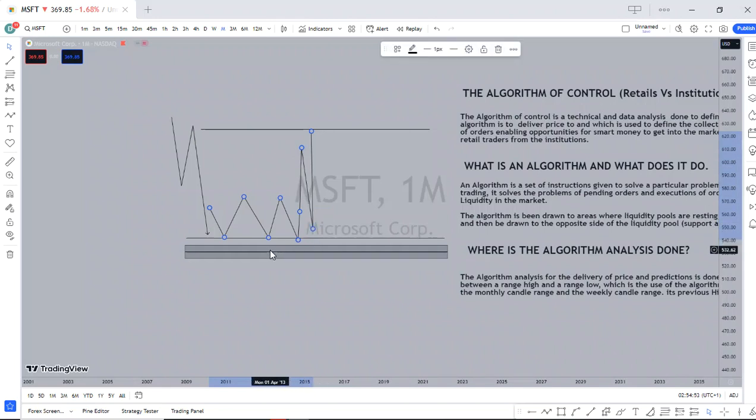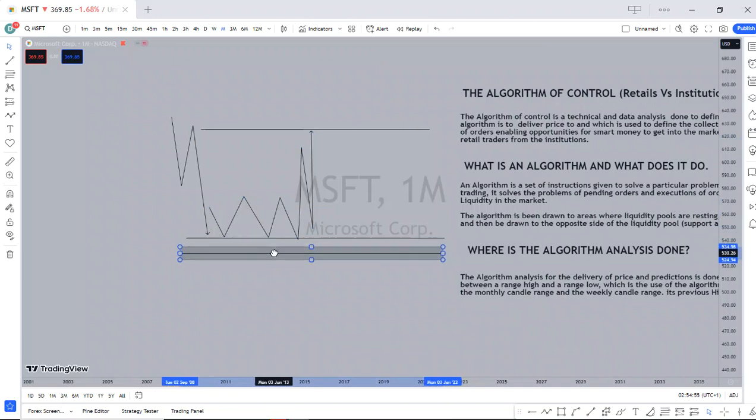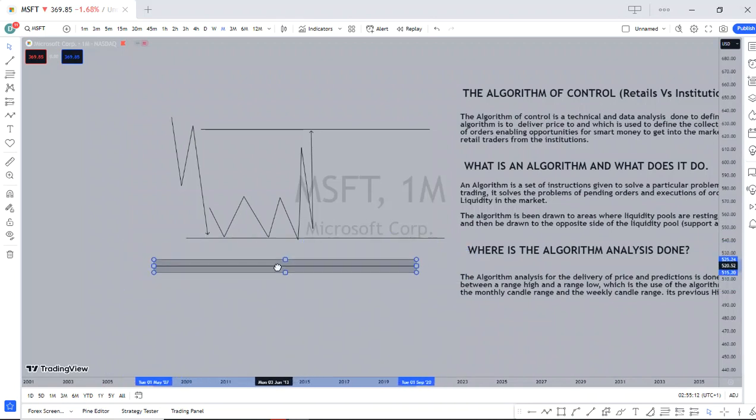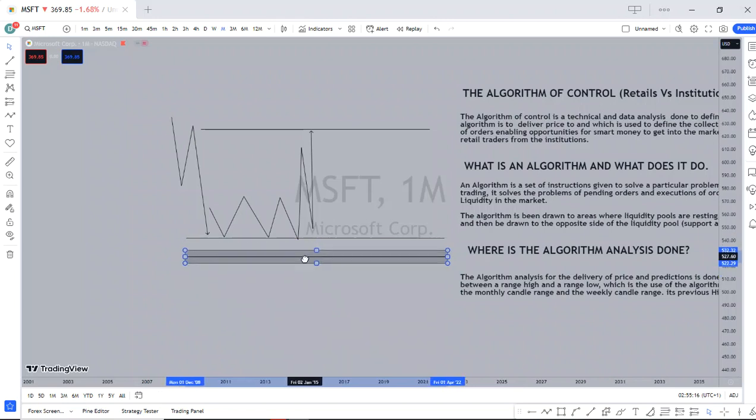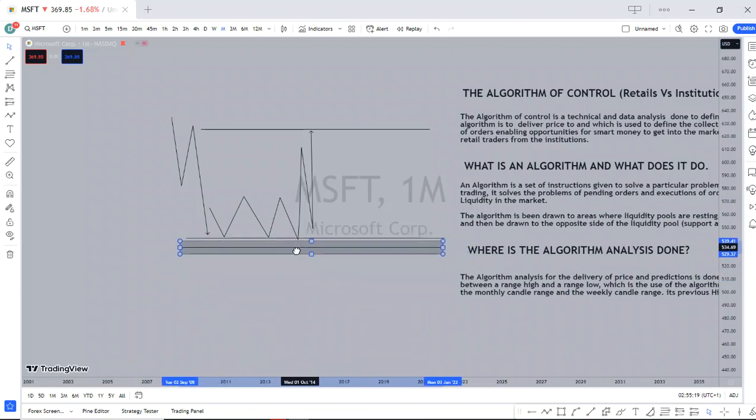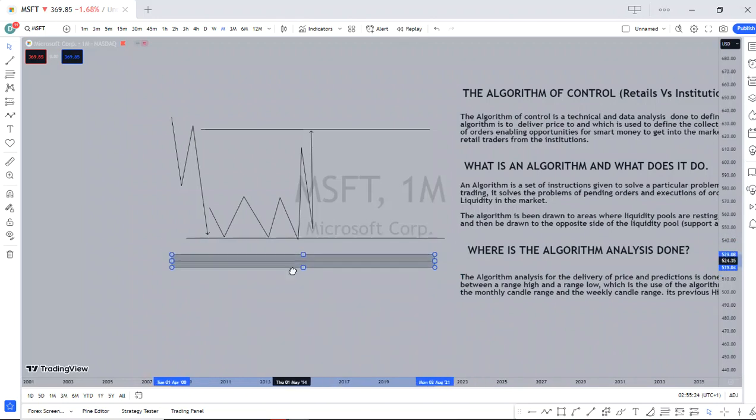And on the other side, since the institutions are trading with huge amounts of capital, right? Remember, I talked about that if there is a seller in the market, then that means there's a buyer. If you want to buy, there should be a seller. Now, since they are pending sell orders right here, that means there's a pool of liquidity. We are referring to an area of support and resistance as an area of liquidity pool. So there is a pool of sell orders right here, billions and trillions of sell orders resting right here. So there are enough people who are willing to sell at this area.